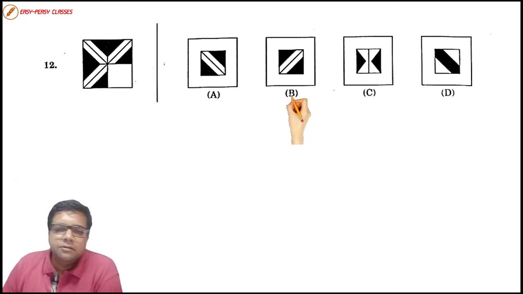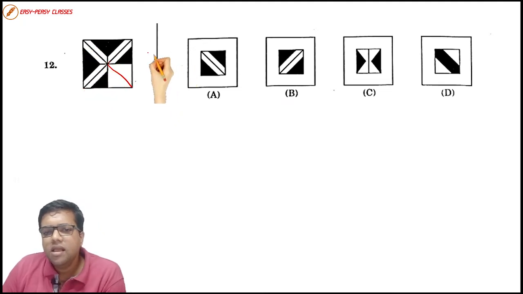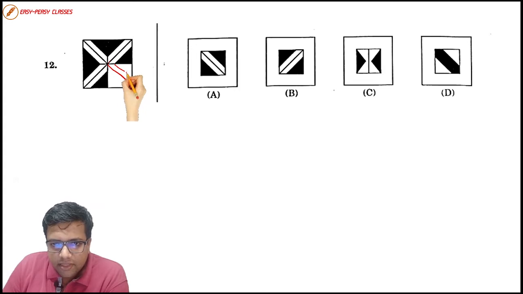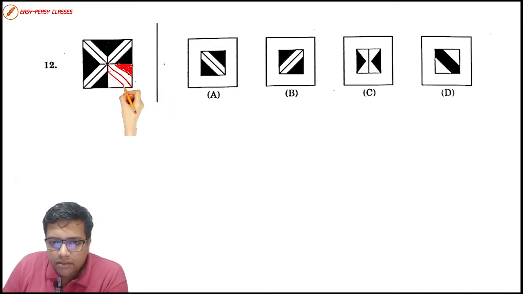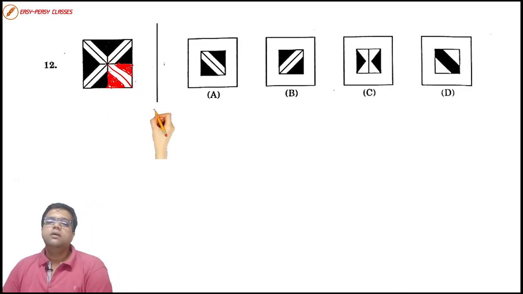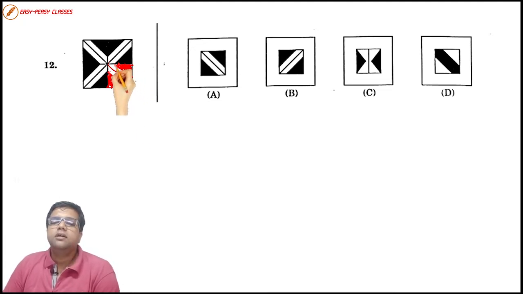In question number 12, each of the squares is drawn with the diagonal. See, there's a diagonal, there's a diagonal, there's a diagonal. And each of the triangles is complemented with another triangle of similar size just adjacent to it, right? Adjacent, and it has been colored properly. And the other triangle we have over here is also to be complemented with another triangle in this figure, and to be shaded properly.